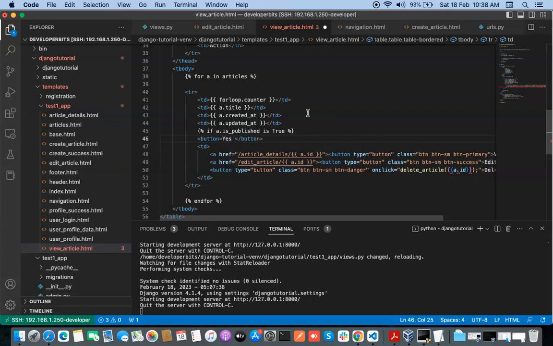We should be typing yes, and in the bracket we shall type unpublish, and we shall give a type here. So type will be button, and let us give a bootstrap class here,